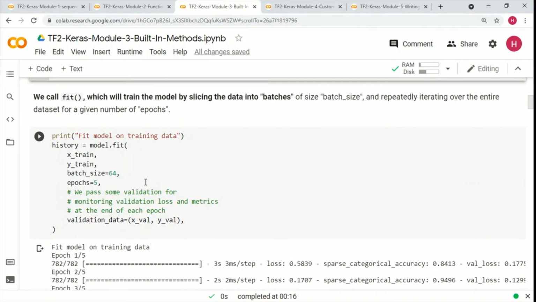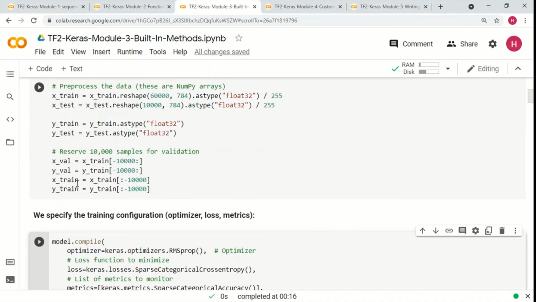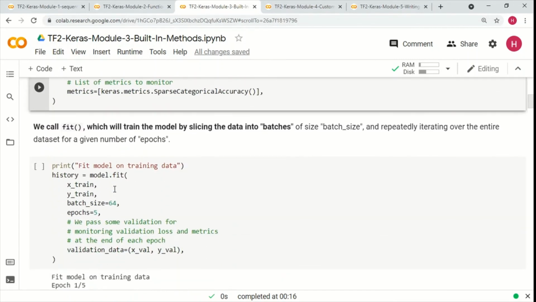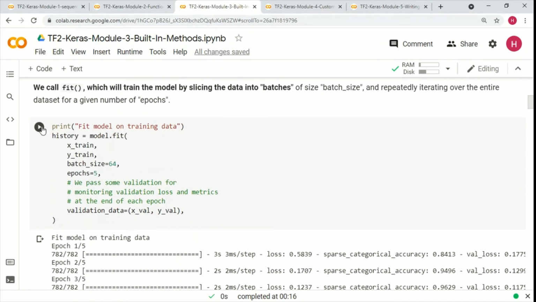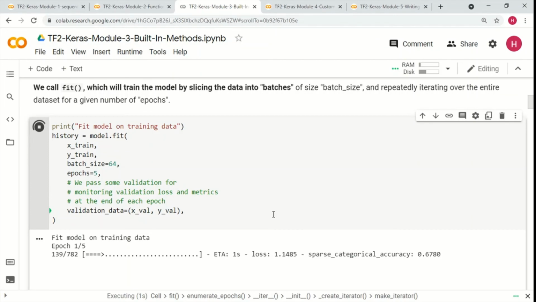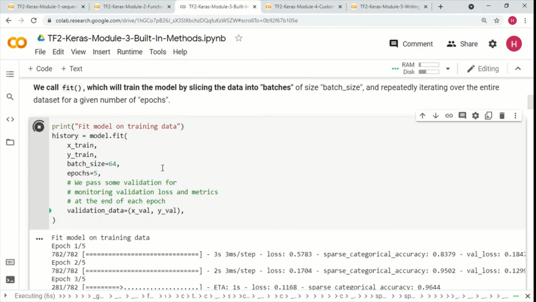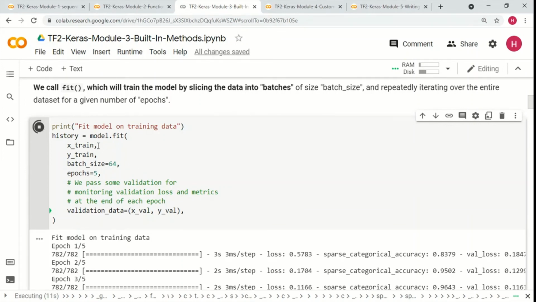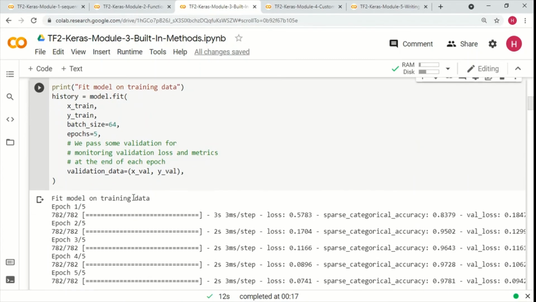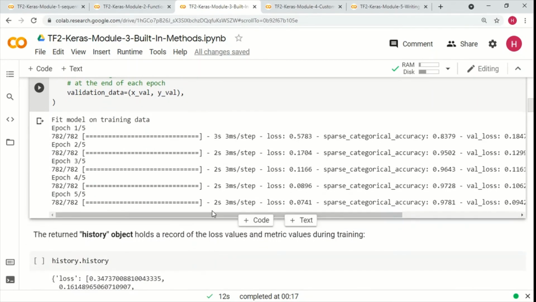We split the training into training and validation here, and that's what we are using. So very simple. With model.fit we just have to get our data, tell the batch sizes and the epochs, and our training loop is all set, and even the validation of the model is taken care of for us.